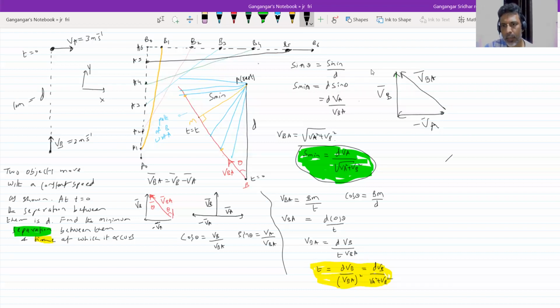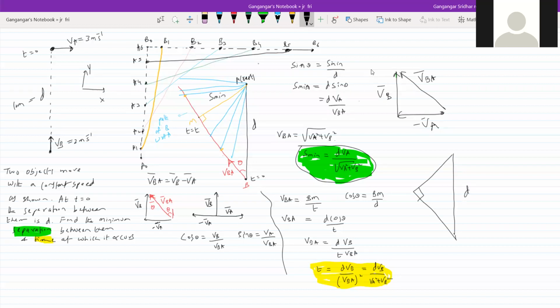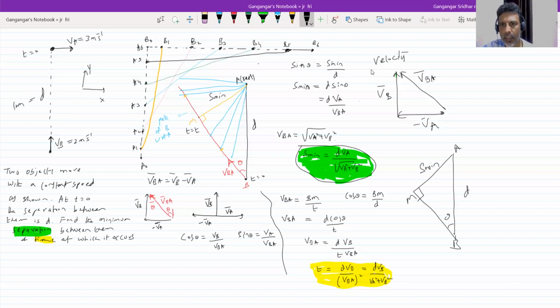Fine. Then displacement triangle. So what is this? This is a velocity triangle. I'll give you names so that it will be easy for you. Velocity triangle. This is the displacement triangle. So our entire numerical is all about obtaining this triangle. Once you know this triangle, the rest of everything we can manage.